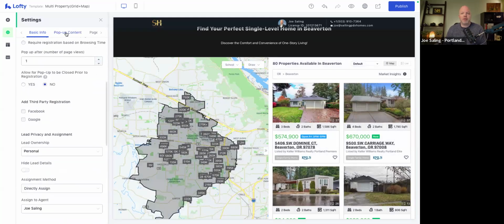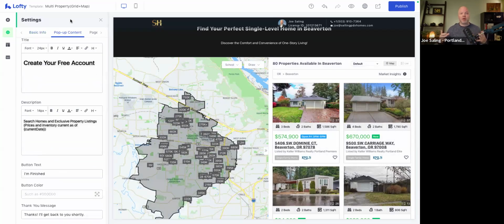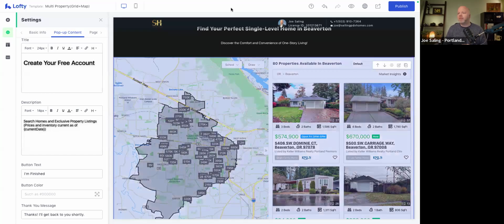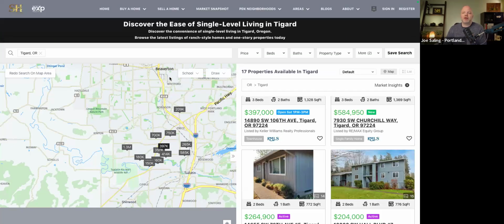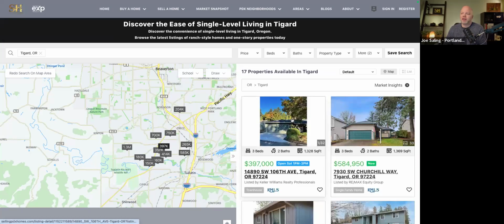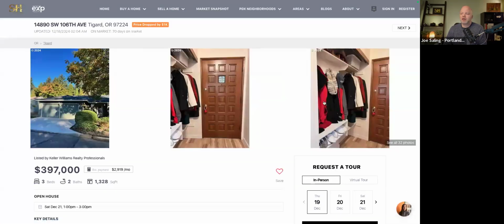So then we come to the pop-up content. So this is where I was saying the pop-up pages can be different. This is like the standard, create your free account. Now, I am not a fan of that. I think that's a little too plain and boring. And this here is the other page I was talking about. If I click on this,